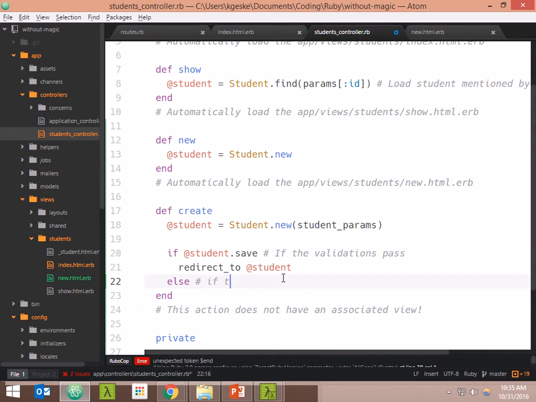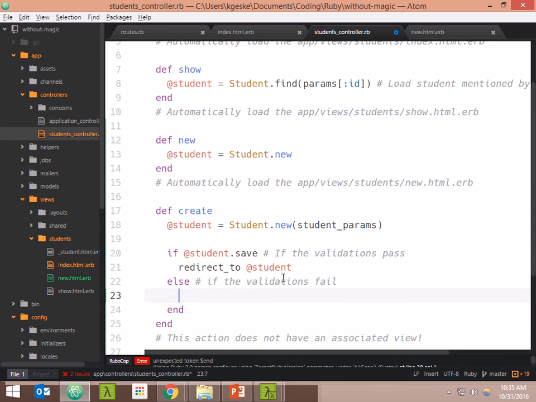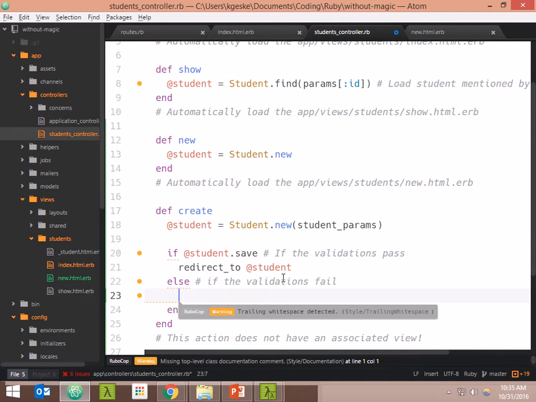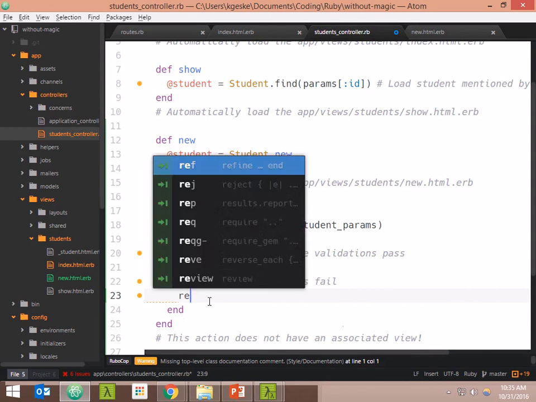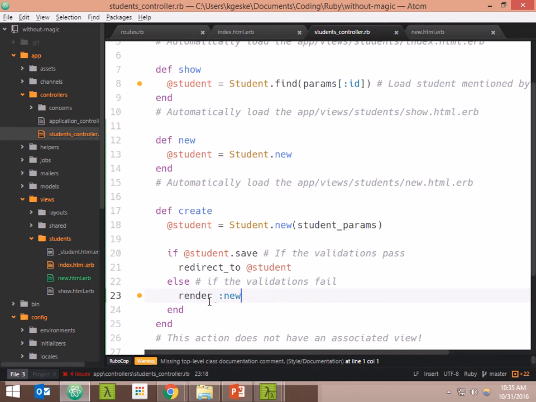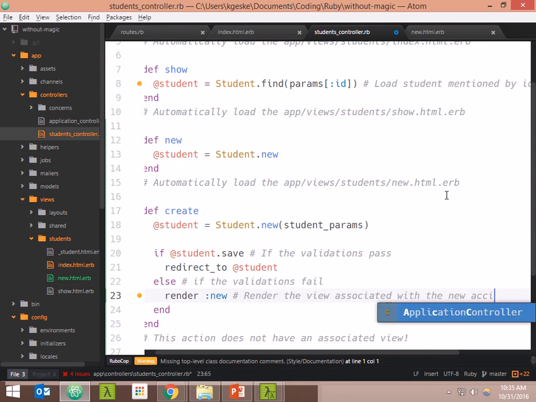Otherwise, this is if the validations fail. Well, what do we want to do if the validations fail? We want to show the same form with some validation messages saying that this thing is in error. So we don't need to go to a whole new page. We just need to render a view that we already have. We already have this new view, which is the form itself. So I want to render the new view, so render the view associated with the new action,